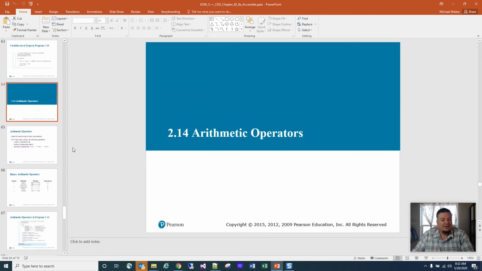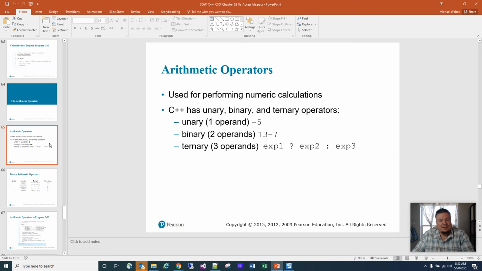Arithmetic operators. C++ has pretty standard arithmetic operators and has unary, binary, and ternary operators. So one operand, we can do two operands, so we have 13 minus 7. And the ternary we can do where we basically have an evaluation occur here and then true or false